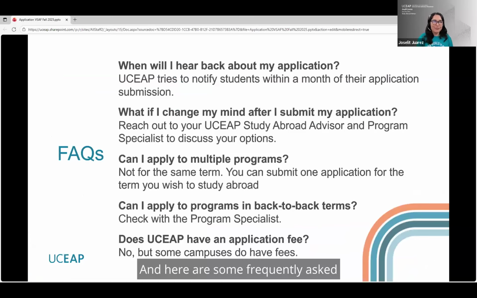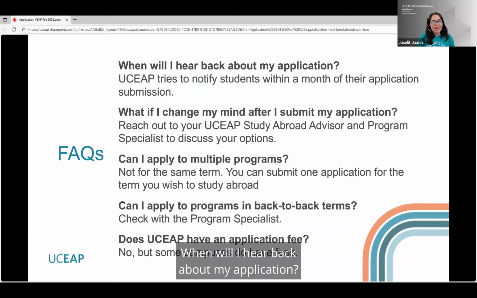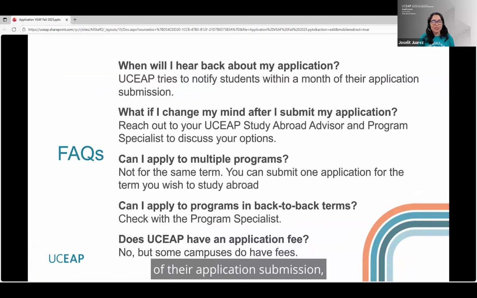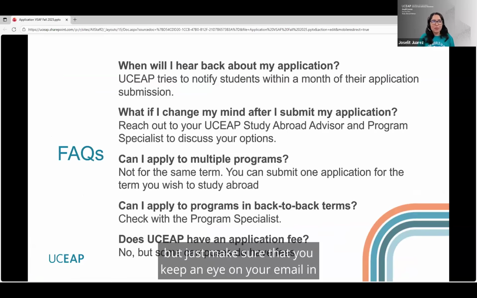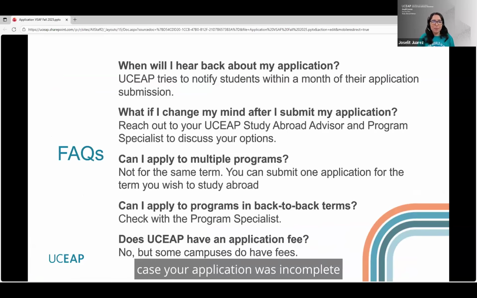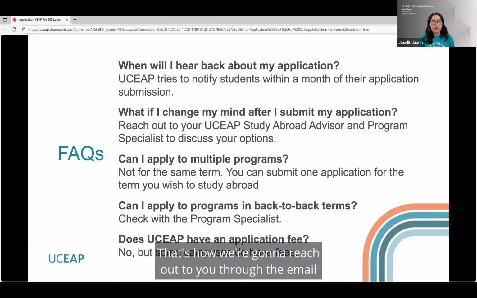And here are some frequently asked questions that we receive. When will I hear back about my application? So UCEAP tries to notify students within a month of their application submission. So just make sure that you keep an eye on your email in case your application was incomplete and you need to correct something. That's how we're going to reach out to you,